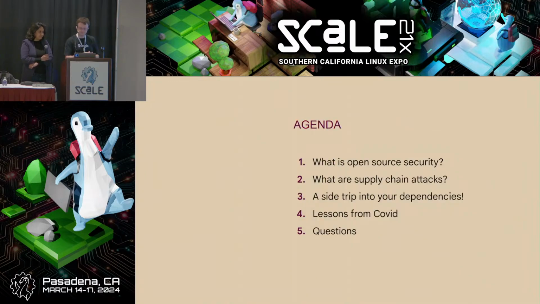So here's our agenda for today. We'll start with a quick overview of what is open source software. Then we'll talk about how supply chain attacks are affecting open source projects. Then Pedro will dive into the topic of dependencies and how the web of connections between open source projects can cause risks to propagate. And that last point is why we'll be using public health efforts during COVID as a familiar analogy. We'll borrow from lessons learned during public health efforts to take steps to protect ourselves and others.